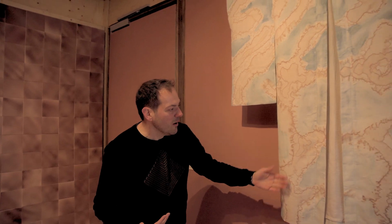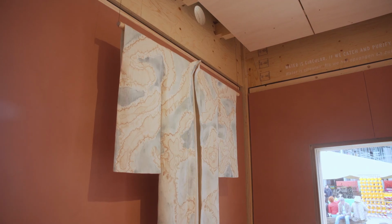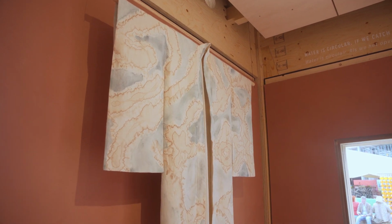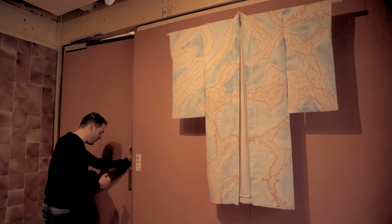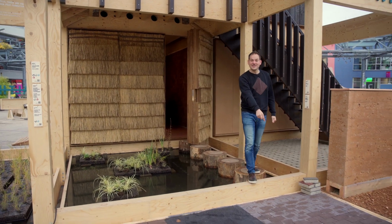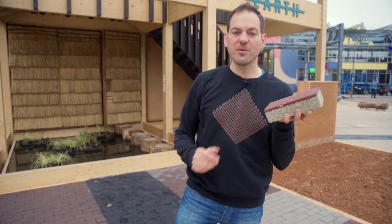And then last but not least in this room is our kimono made with Chimera, which is a bacteria that you find in, let's say, sewage water. And that is beautiful because it's a binder, it's a colorer, it's a sort of everything bacteria that can do everything that you want. So I want to show you one more thing before we're done. Come, let's leave this room. One more thing. So the last thing I want to show you are these tiles. This beautiful floor is made from tiles that are made from ceramic